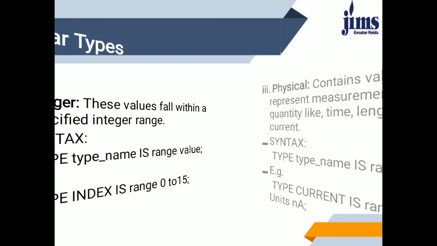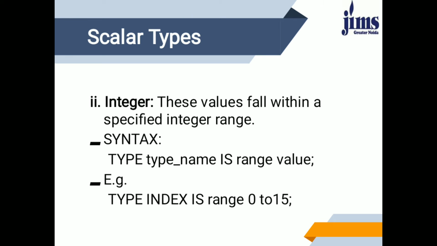In the integer type, as the name indicates, it covers all integer values. The values can be positive or negative. The default range of integer is from -2147483648 to plus 2147483647. However, the user can specify a shorter range by using the predefined word range. The shorter range may require fewer bits to represent the number when binary encoded.